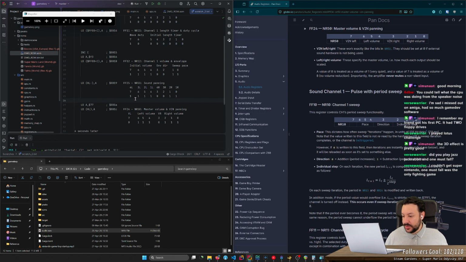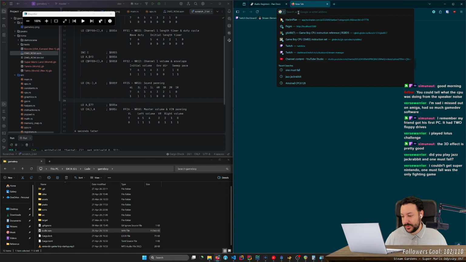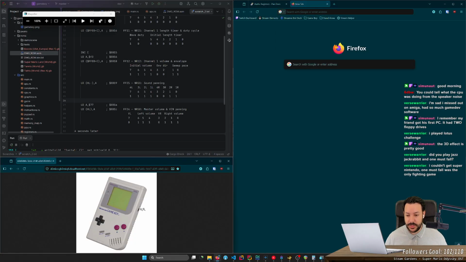I could against Super Nintendo. One Must Fall was the only fighting game. I see. Yeah, my first console was the PlayStation 1. Well, it was the Game Boy, the original Game Boy. And then I got a PlayStation 1, and then a PlayStation 2, and then a PlayStation 5. Between PlayStation 2 and 5, I was essentially only PC gaming.